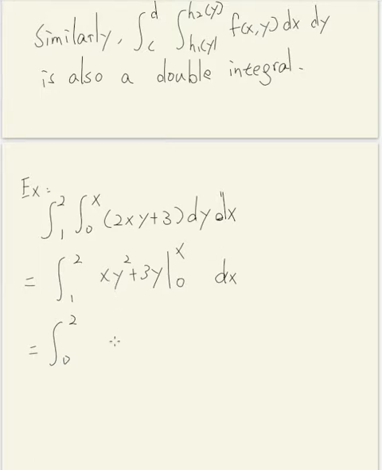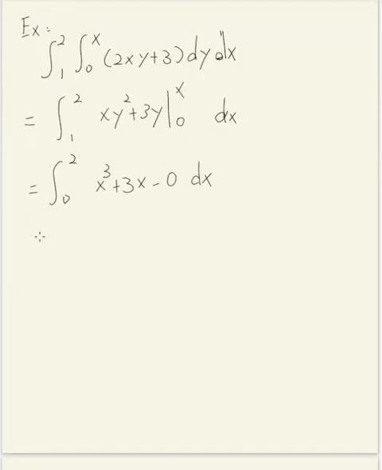Plug x into y, we get x cubed plus 3x, and plugging 0 into y, we just get 0, so minus 0 dx. Right, and the antiderivative of x cubed is x to the fourth divided by 4, and then plus 3x squared over 2. And this thing evaluated